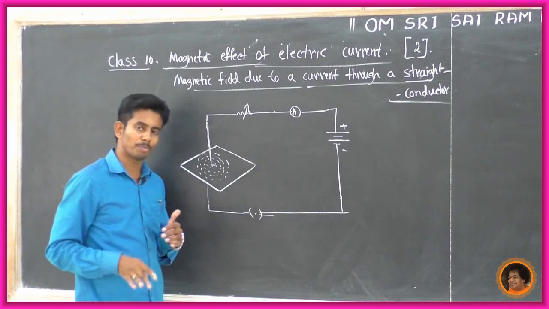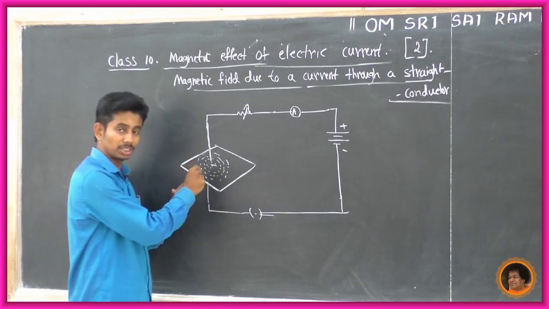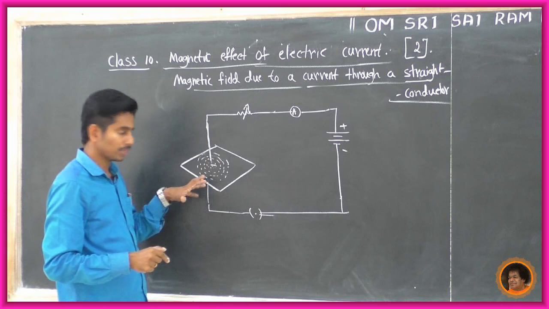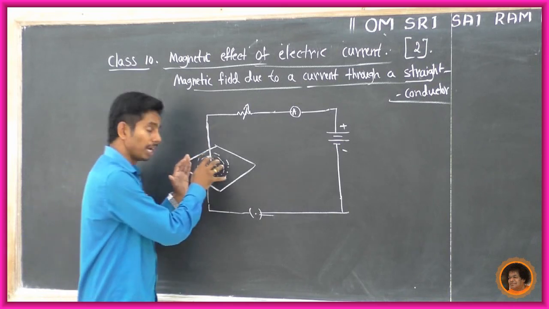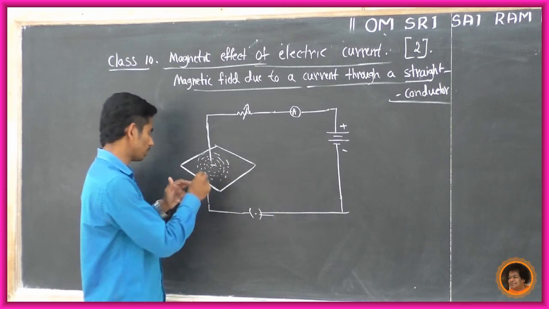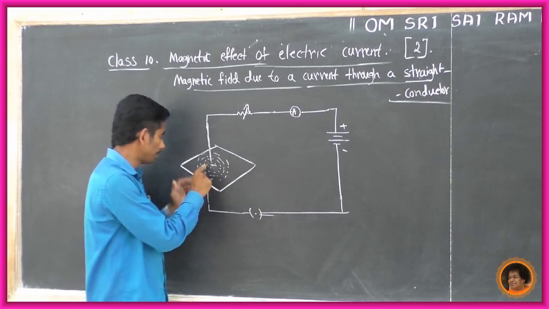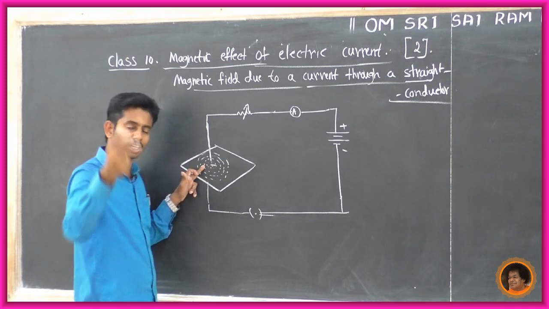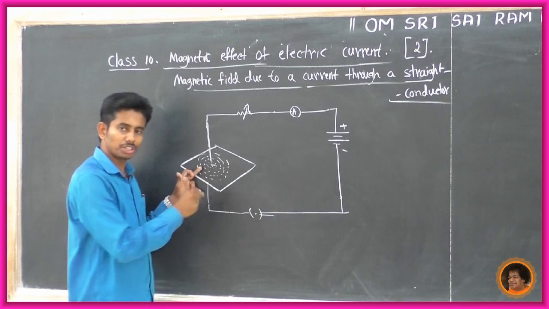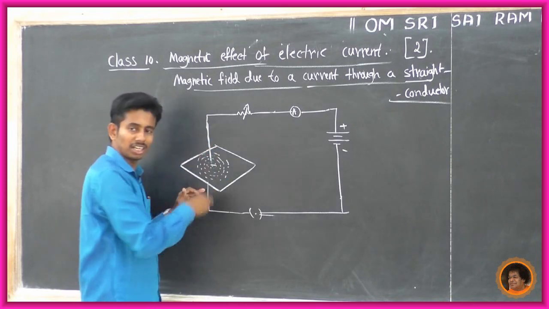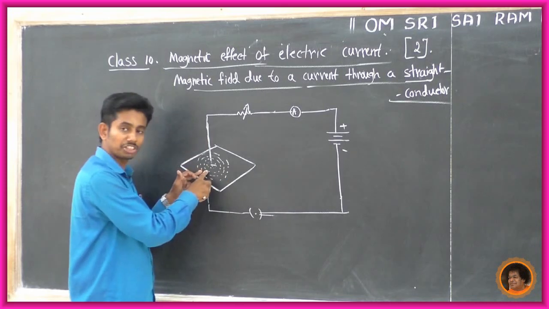This is a very important concept. If we increase the amount of current in the circuit or conductor, the magnetic field also increases. For example, place one magnetic compass near this, and there is a deflection. Why does the magnetic compass show deflection? Because of the magnetic field. If we increase the current, the deflection is highest.